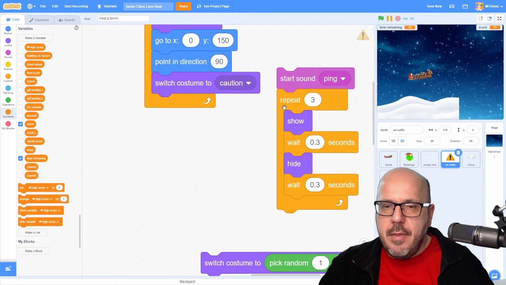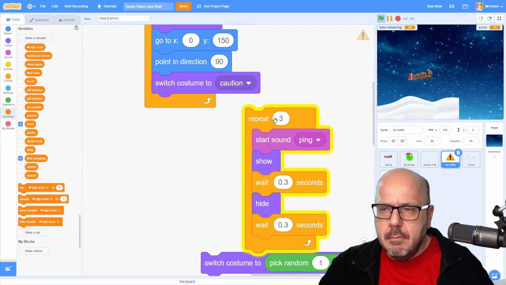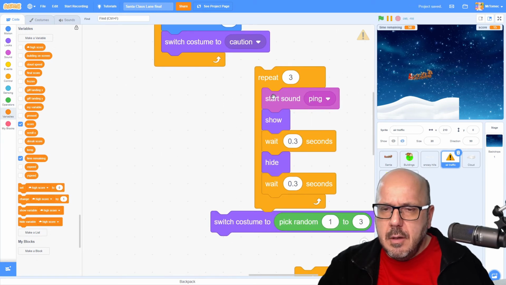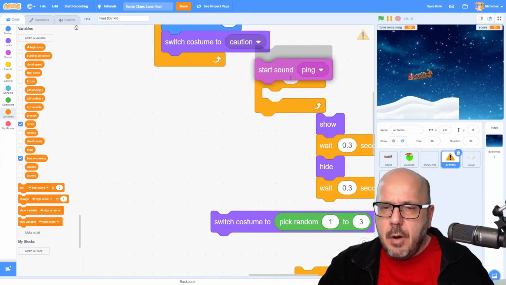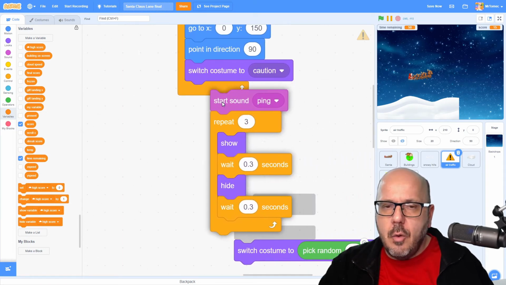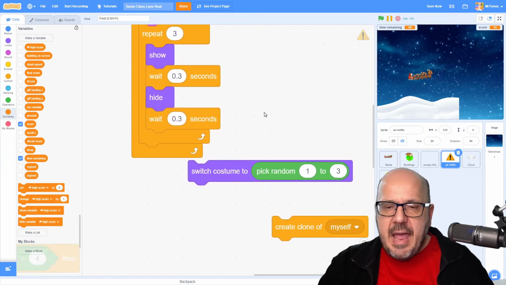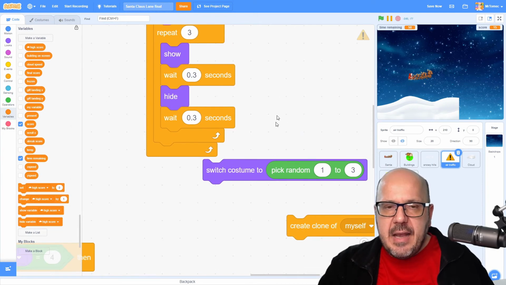You can make it go either way if you want, I guess. I'm trying to remember which way I had it in the final game. I think leaving it once is probably a sufficient warning, but again, you can customize that however you want. So we're going to play that ping sound and then flash a couple of times, and then at the end